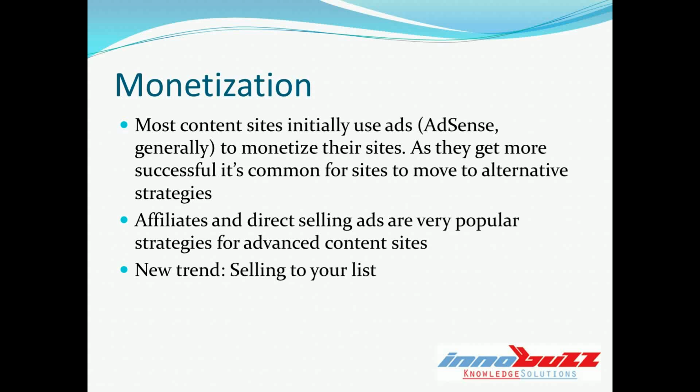So what are these two things? Affiliate selling is basically you would be advertising someone else's product. And when one of your readers comes to your website, clicks through to their website, and buys it, you would get a cut. That's called, in advertising, we call that kind of interaction CPA.